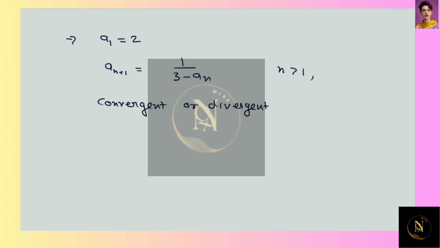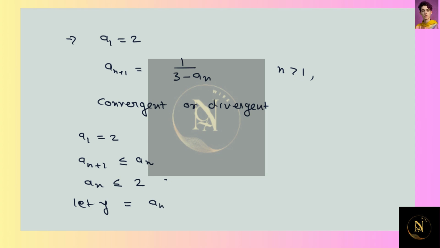So now let's simplify our question. First of all, since it is given that a1 is equal to 2, we can show that a(n+1) is less than or equal to an, and we know that an is less than or equal to 2. So here we will let